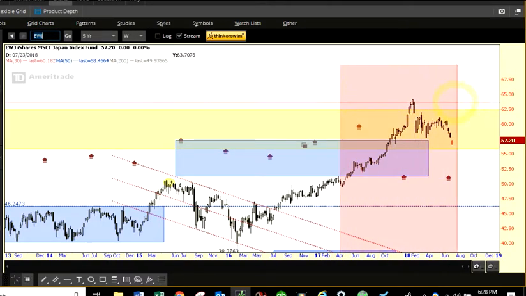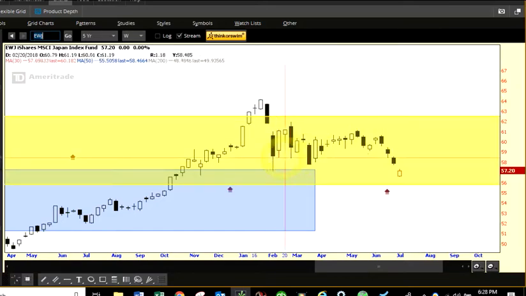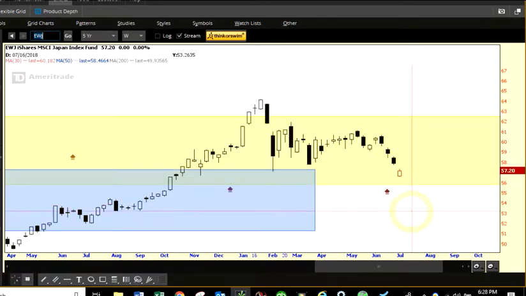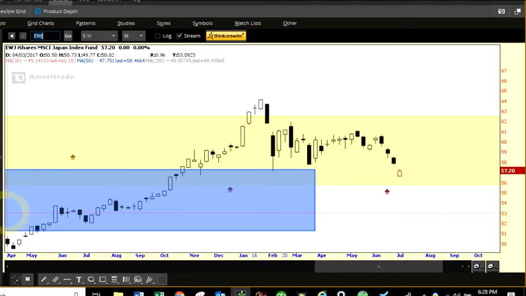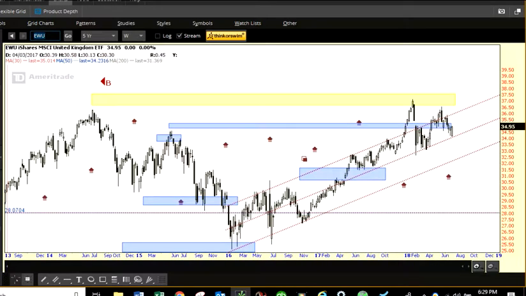Japan, yeah, I mean, same kind of thing, although this looks weaker, really, even than Germany. Anytime you get a gap this late in the sell-off, I mean, we had 1, 2, 3 weeks down, and then a gap down. That's pretty substantial. So I would say Japan looks a little weaker than Germany, and then the UK is probably the strongest of